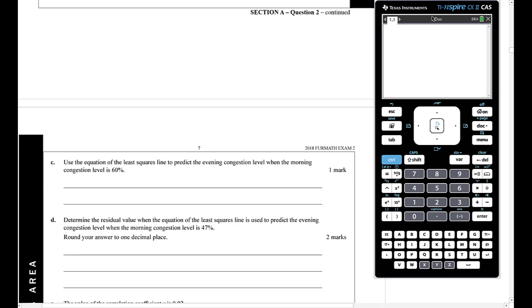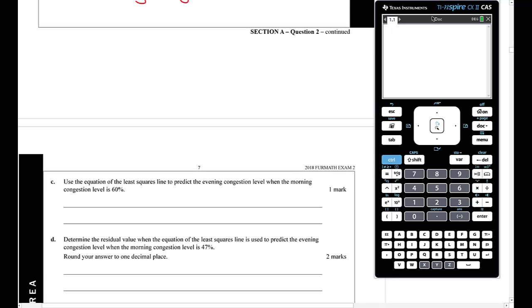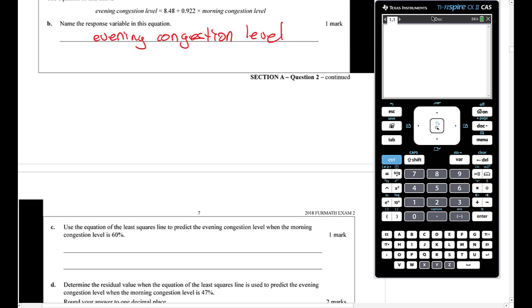Use the equation of the least squares line to predict the evening congestion level when the morning congestion level is 60%. So what we need to do here is use the equation we've got here. I'm going to call it evening congest